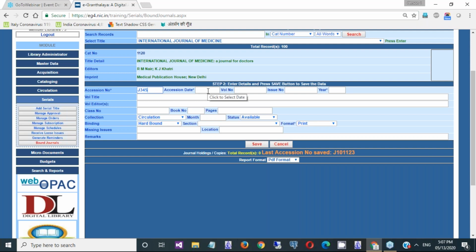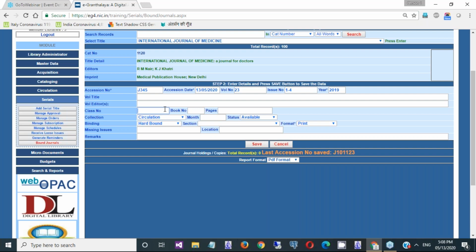Generally libraries used to have separate bound register for the bound volume, accession date, whatever that, volume number, for example 23, issue number 124, and it was of 2019 set. If volume title, some title is there, put if separate editors.